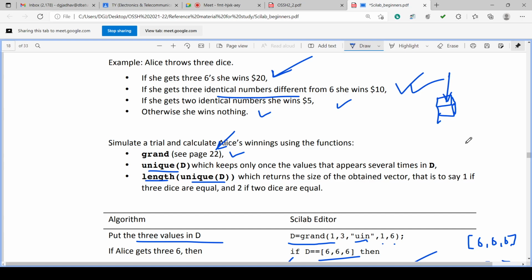If identical numbers are there, that is all 3 dice have 1, 1, 1 or 2, 2, 2 or 3, 3, 3 or 4, 4, 4 or 5, 5, 5 or 6, 6, 6, then there will be $10. And if two identical numbers are there, that means one dice has one number, another dice also has the same number, and the third dice may not have that number. Similarly for 1, 1, 2, 2, 3, 3, 4, 4, 5, 5, 6, 6, the third will be a different number. In that case, $5. So if you want to write this program, we can consider grand and unique,